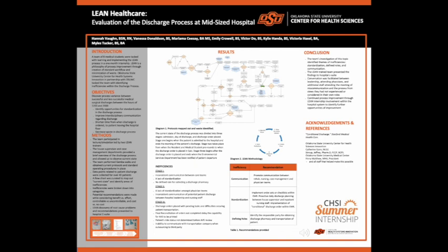Our goals were to understand the current discharge process at OSU, identify the key players from patient admission to discharge, identify obstacles that disrupted or complicated the flow and created waste, and minimize the potential waste within the current state